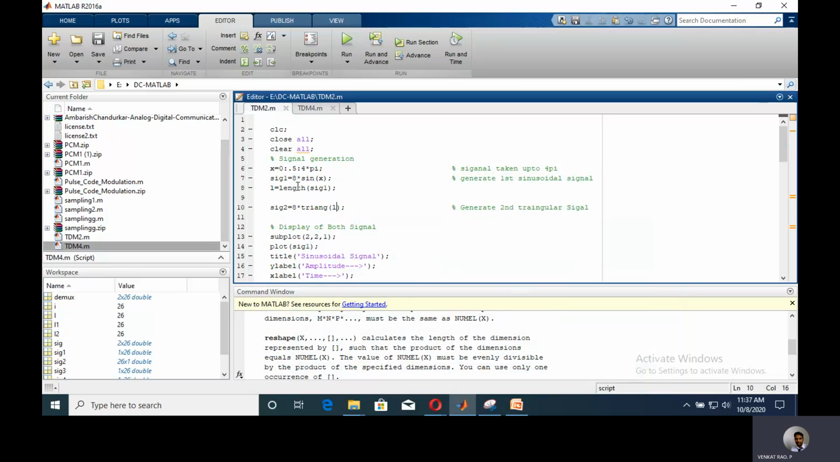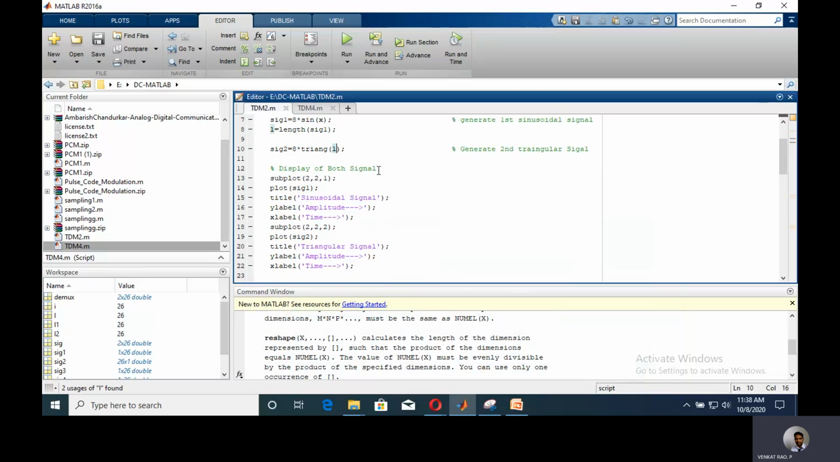Here the length of the input signal and this signal is also same. So within the same length we are able to obtain the triangular wave. So here I am directly displaying both the signals in a single window. If you want to display this in a single window, let us take subplot of 2, 2, 1,